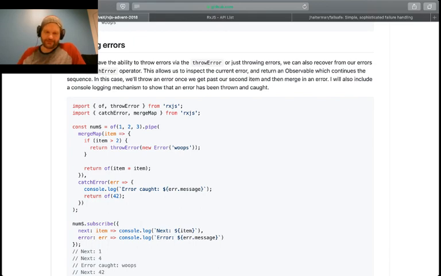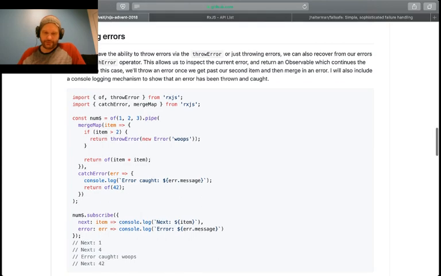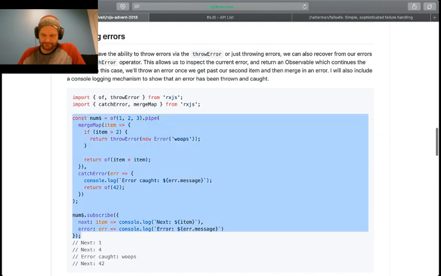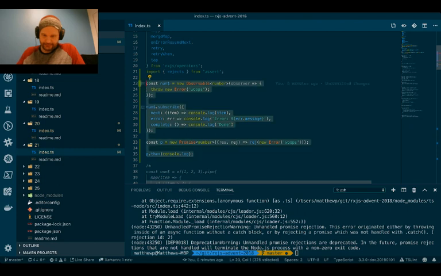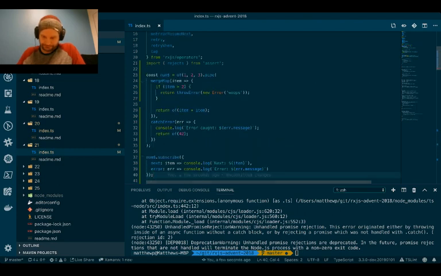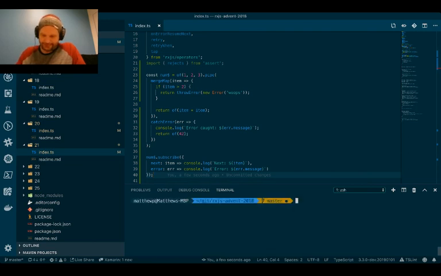So when you call catch error here, in this particular case, it will run halfway through. So let's take this example and run this through in our code. Let's switch back to our code and run this through, and show you that good things or bad things can happen. So what happens